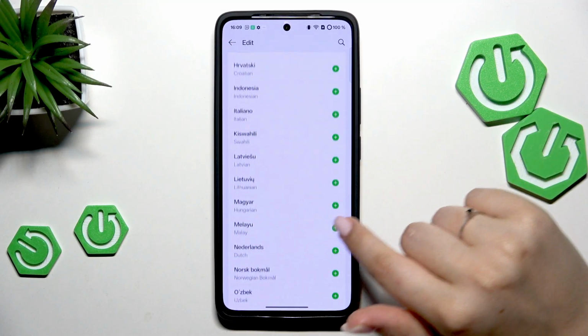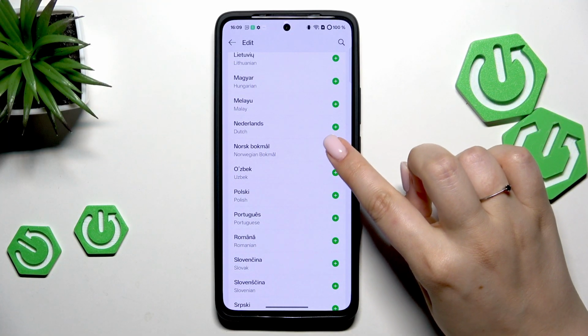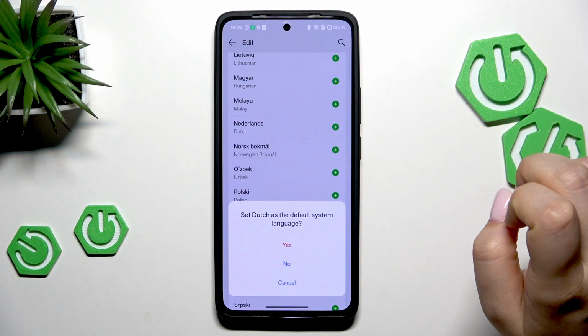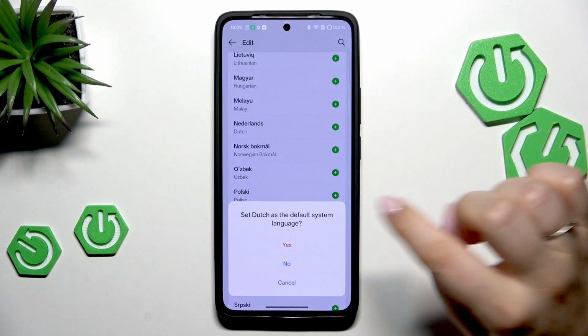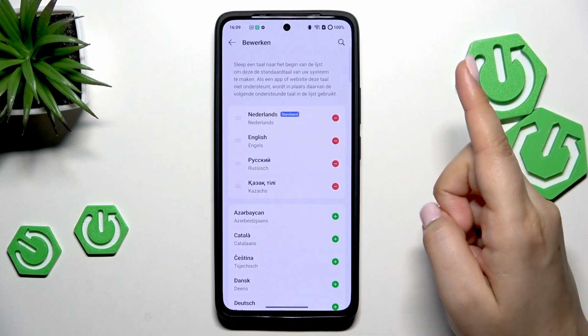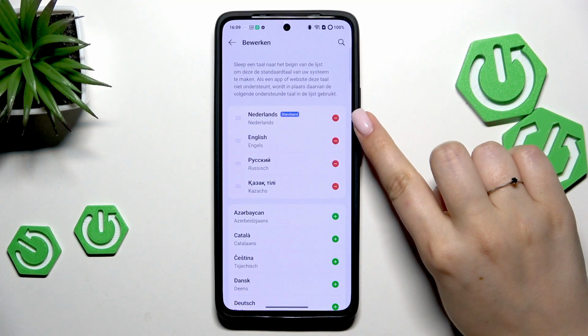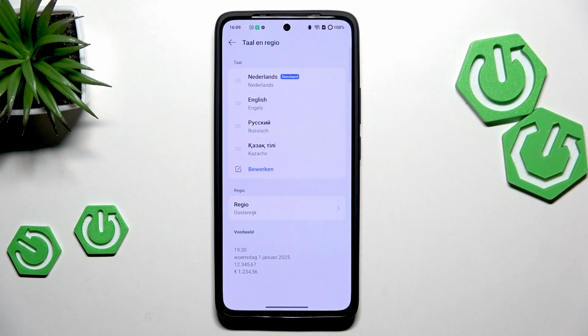So now all we have to do is to find the language which we'd like to use, and tap on this plus icon next to it. So let me pick this one. Your device will ask you if you want to set the new language as a default one, so just tap on yes. And now we can go to the very top of the list, and as you can see, our new language has been immediately applied at the top,